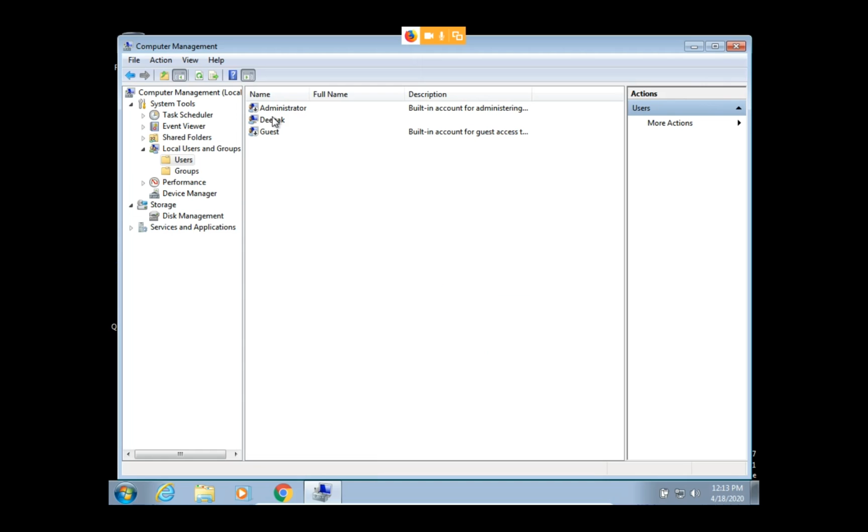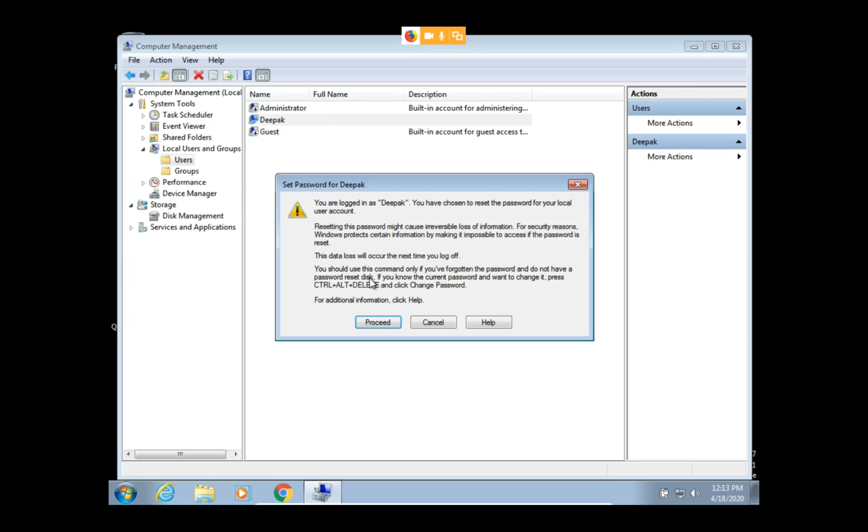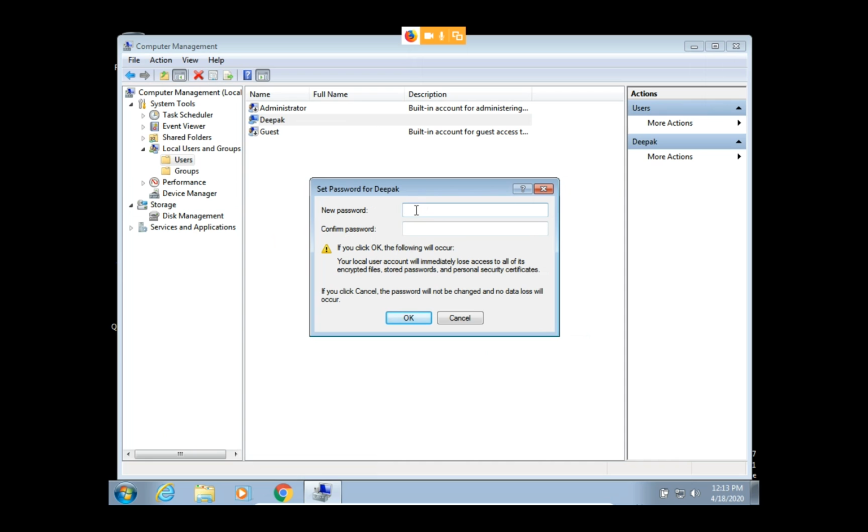So first of all, I want to set the password. I am clicking here set password, hitting here proceed. After that, I am entering here new password and confirm password. Here are only two options: one is new password and second one is confirm password.